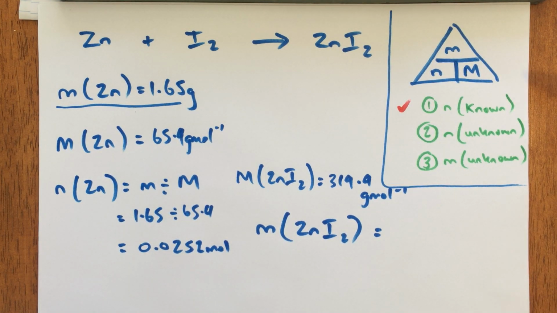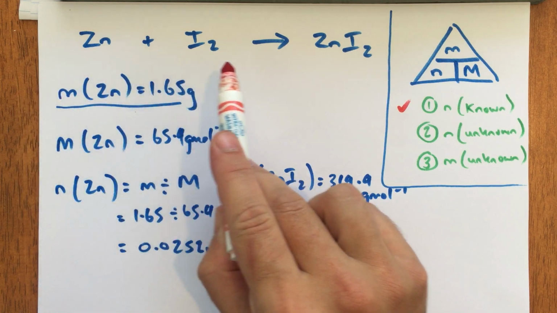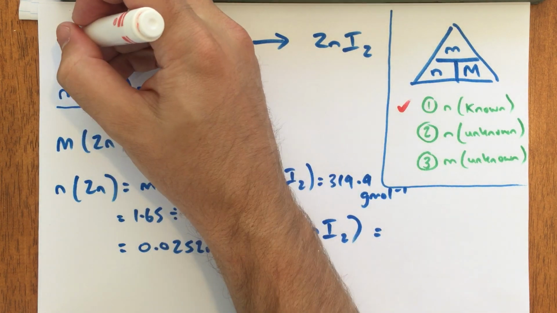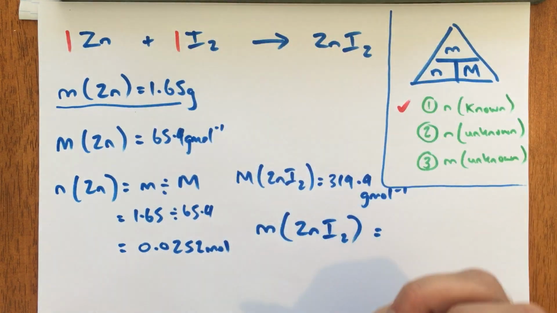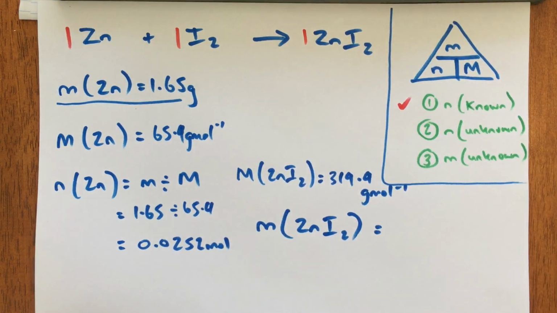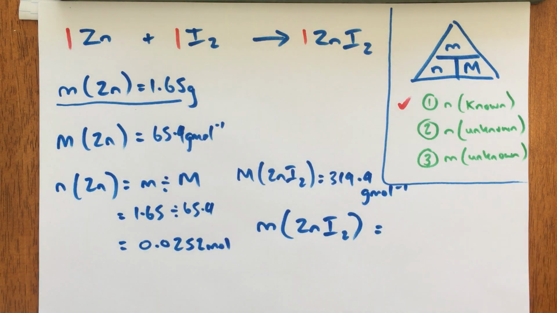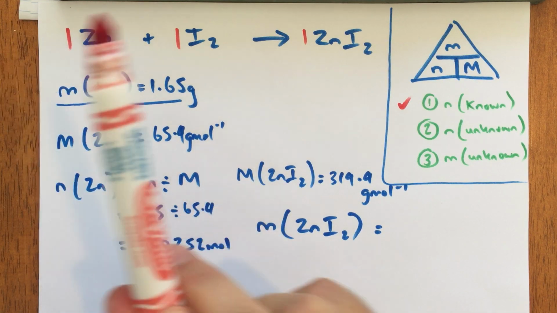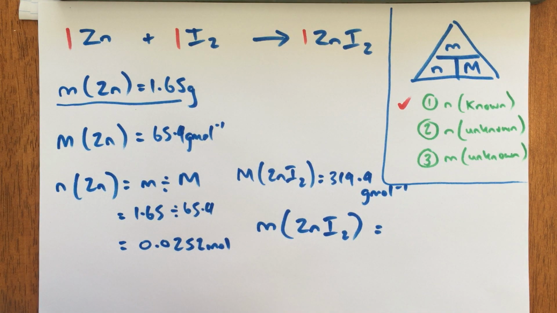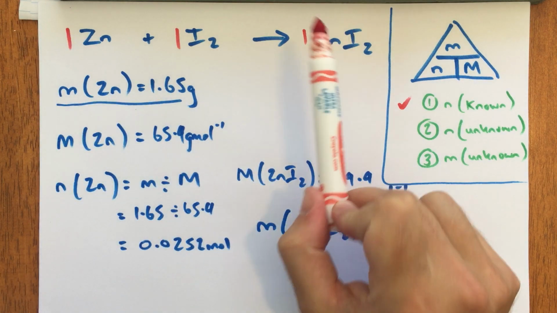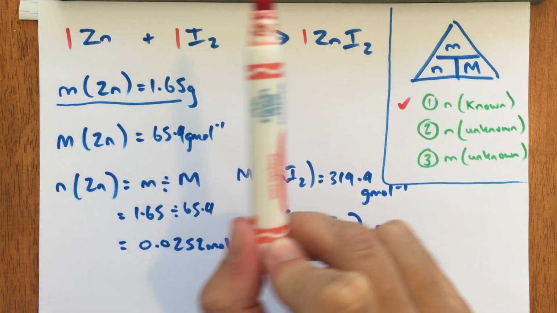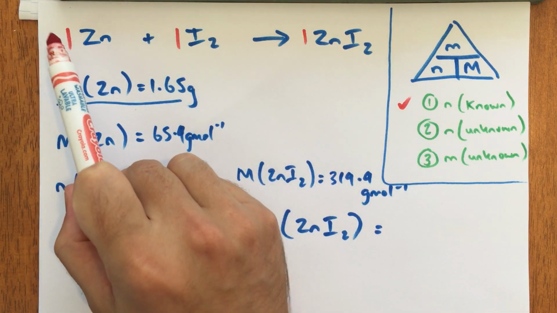Now we go on to step 2, find the number of moles of my unknown. So to do step 2, you have to use your balanced chemical equation up the top there. As I can see, I've got 1 zinc reacting with 1 I2 to produce 1 ZnI2. If there's no numbers in front of those species, you can assume there is a 1. So it's a 1 to 1 to 1 ratio. So for every 1 zinc that reacts, I will get 1 ZnI2 produced. If there was 2 zincs reacting, I would get 2 ZnI2s produced. 3 would produce 3, 4 would produce 4, 5 would produce 5,